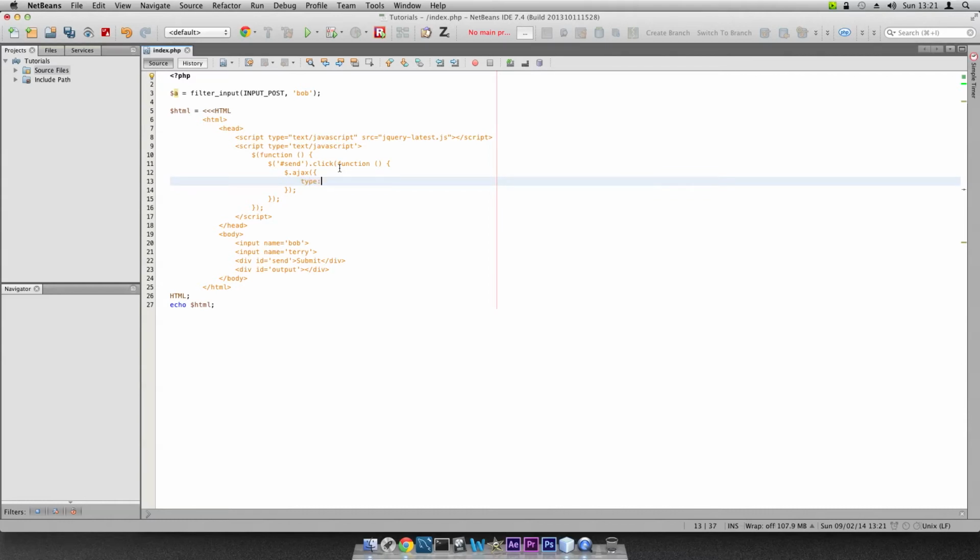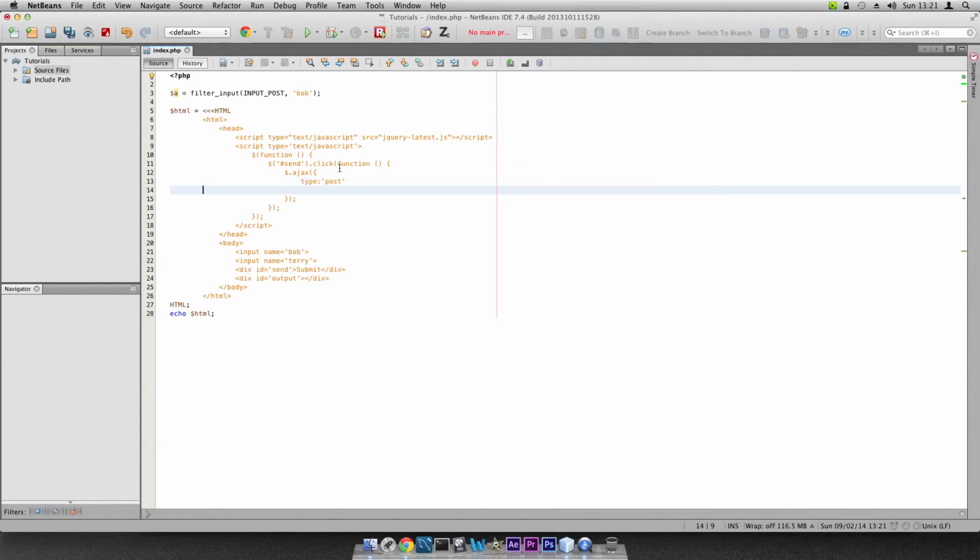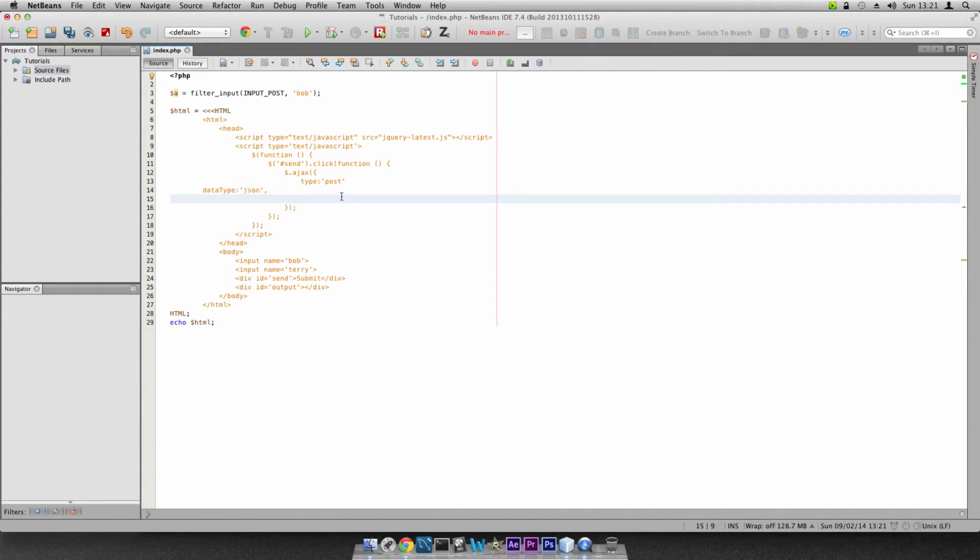Ajax. Okay, and it's type equals post, data type equals JSON. Ooh, don't want these syntax errors. Data type equals JSON, and we're basically going to say data. We're going to say data Bob. Data Bob equals